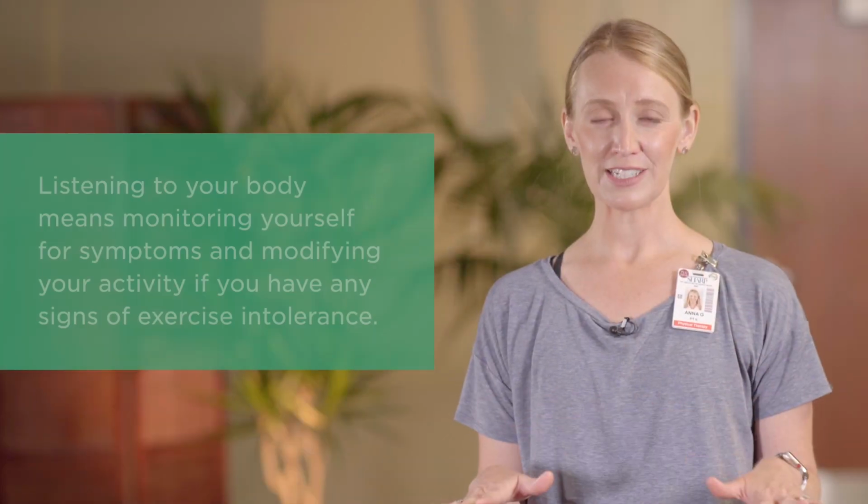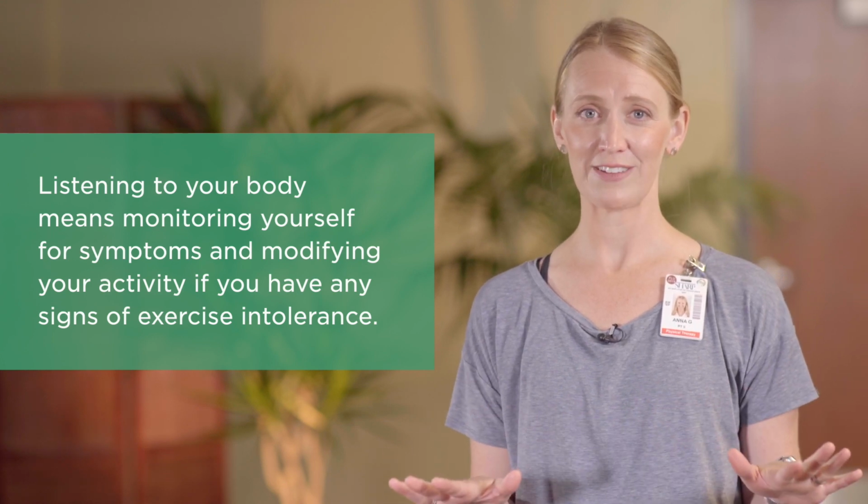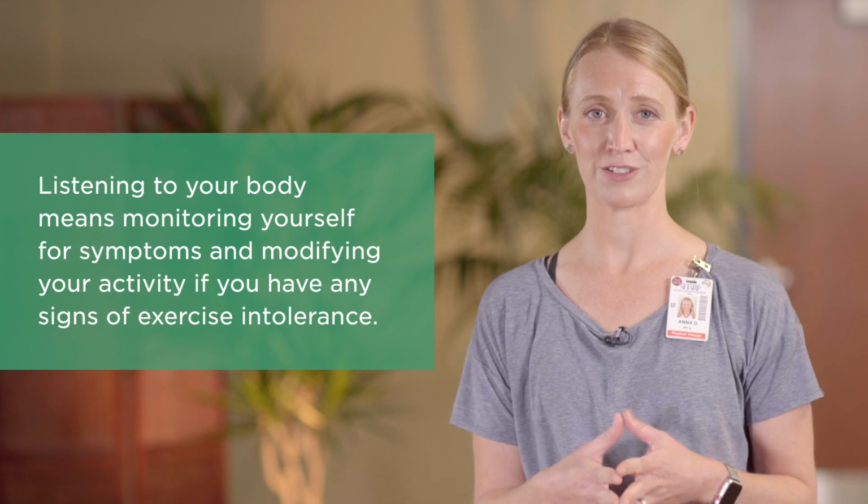Hello. A common question women ask after pregnancy and birth is, when can I return to my pre-pregnancy exercise routine? Physical therapists agree that it's best to return to exercise slowly and listen to your body in the process. Listening to your body means monitoring yourself for symptoms and modifying your activity if you have any signs of exercise